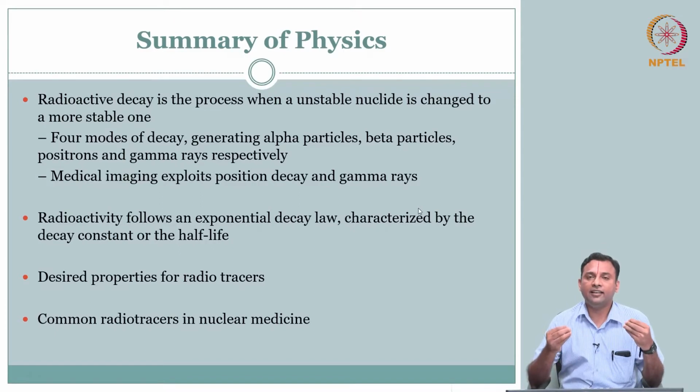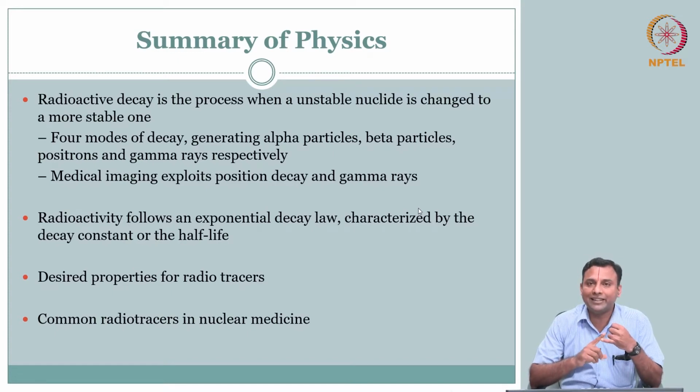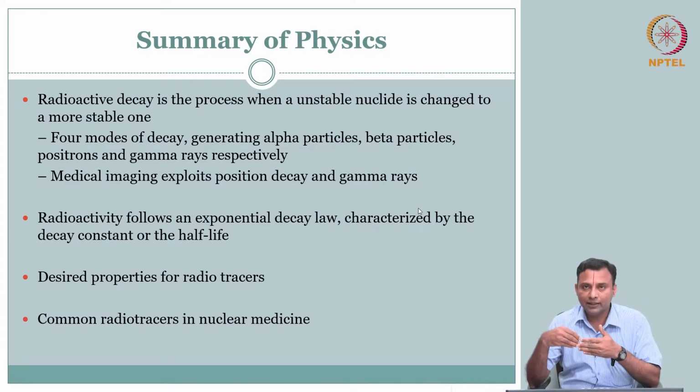Understanding the signal here, we are basically talking about radioactivity that is of interest. In the radioactivity we talked about different modes of decay, two of which will be exploited. We are interested essentially in the gamma energy that is coming out. So there is this isomeric transition, which gives out gamma, and then you have this annihilation of positrons which again give out gamma. So we are interested in radioactivity giving out gamma rays.